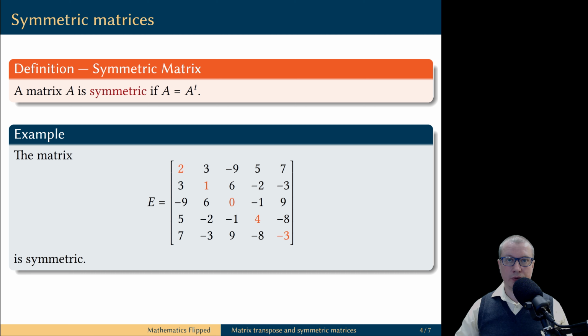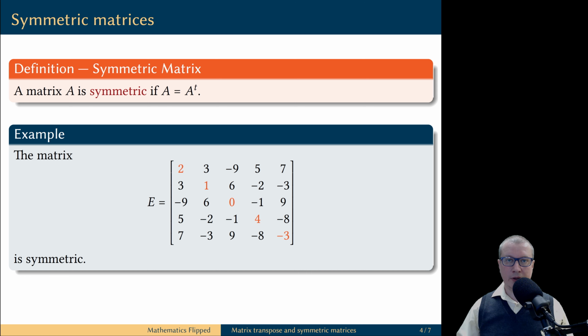here's a visual cue. Look at the main diagonal of this matrix. The symmetry property is as follows. If you reflect this matrix about the main diagonal, the matrix does not change. And in case of square matrices, taking the transpose is exactly the operation of reflecting the matrix about its main diagonal.